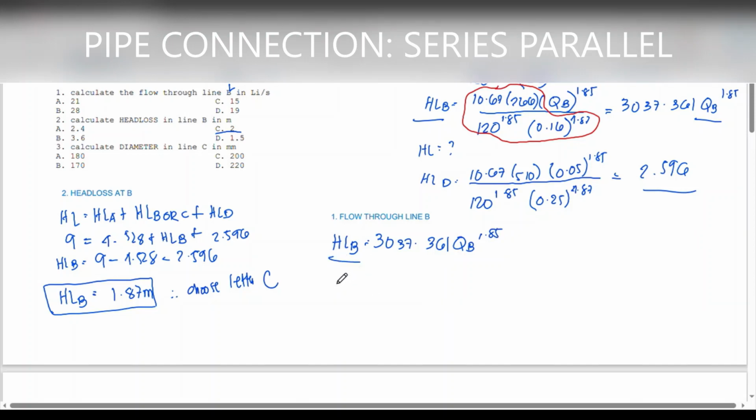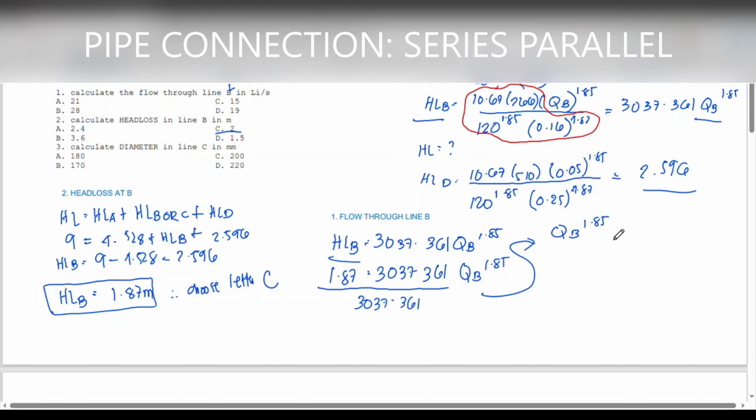Plug in the value for HLB, which is equal to 1.87, 3037.361 QB raised to 1.85. Now divide both sides of the equation by 3037.361. So we have Q sub B raised to 1.85 is equal to 1.87 over 3037.361. Now, for us to get the value of QB, we have to raise both sides of the equation by